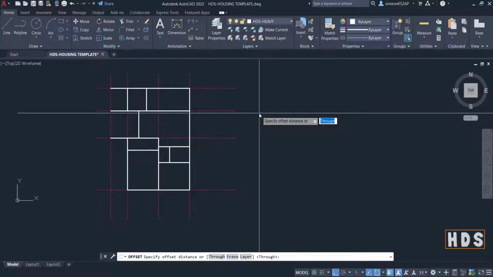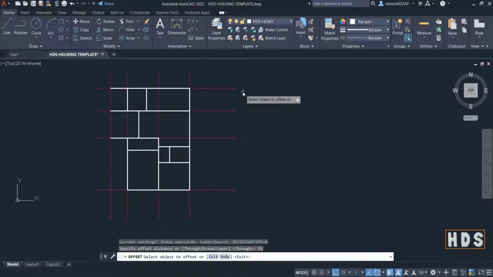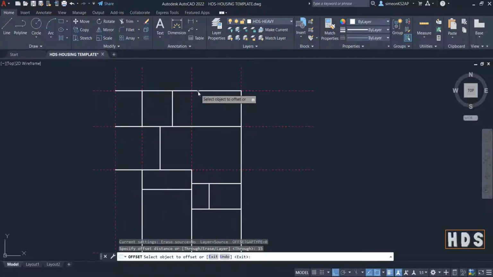Now I will offset through 15 centimeters because I want the wall to be 30 centimeters. That means 15 centimeters from each side. Now I type in 15, enter, and I'll go to each polyline here,